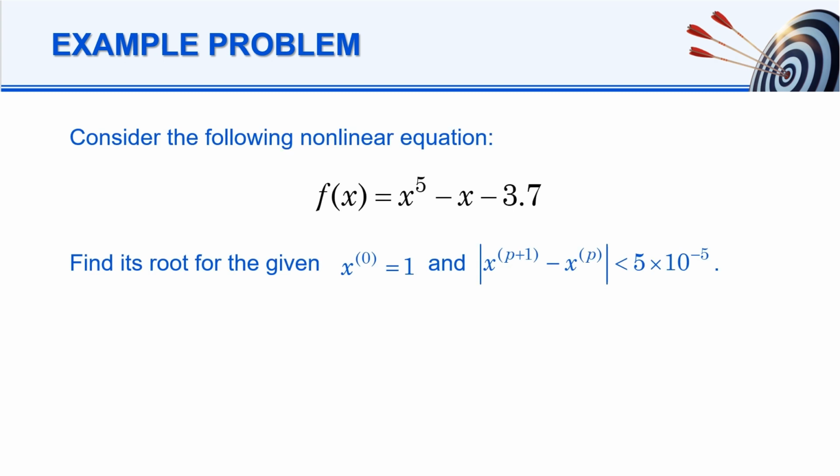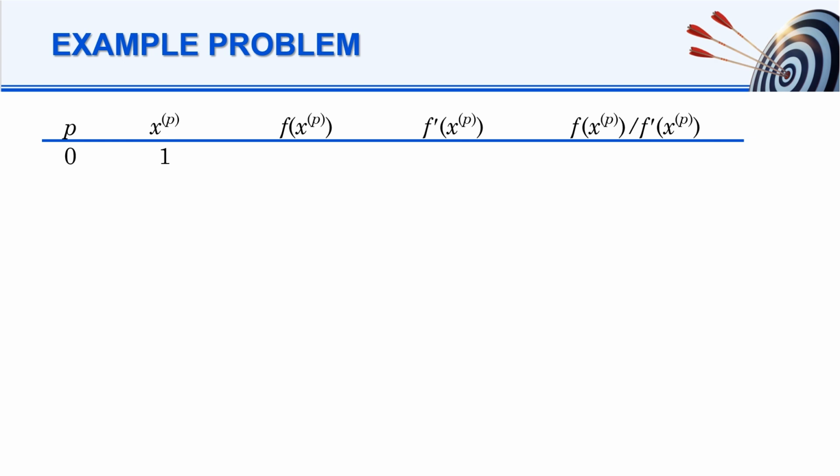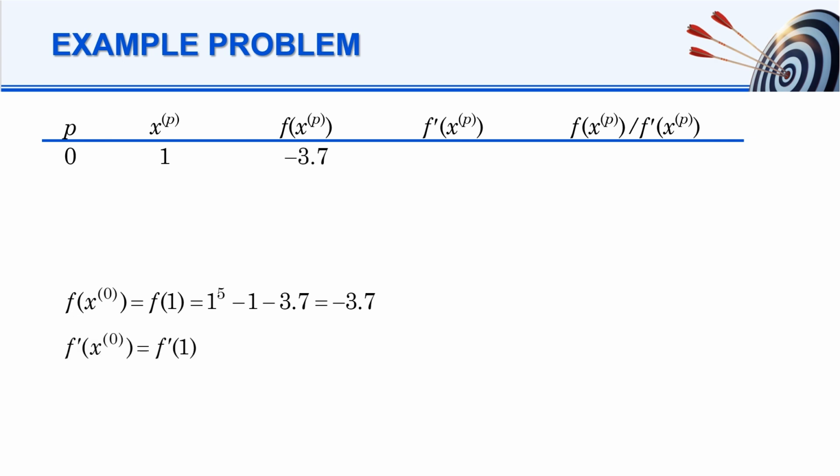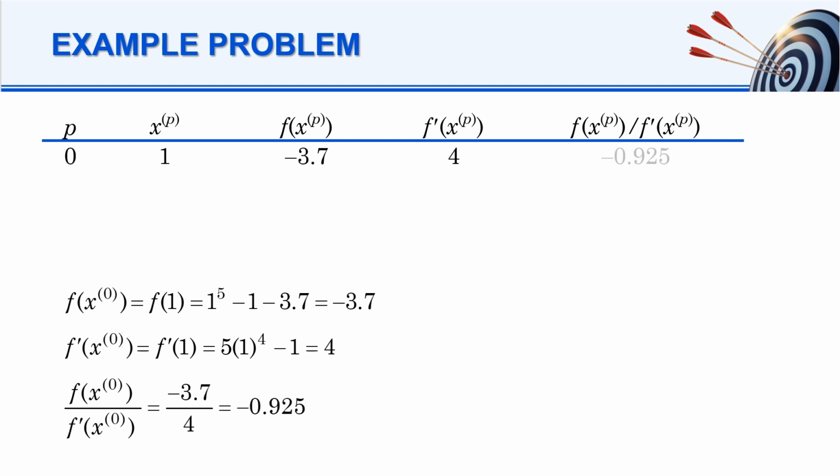Consider the following nonlinear equation. Find its root for given initial guess and stopping criterion. The first derivative of the function is found as follows. We start with the initial guess x0 equals 1. We evaluate f(x) at x equals 1, which gives minus 3.7. On the other hand, the first derivative at x0 is obtained as 4. The ratio of f(x0) to f'(x0) is calculated to be minus 0.925. The first estimate can now be calculated, which yields